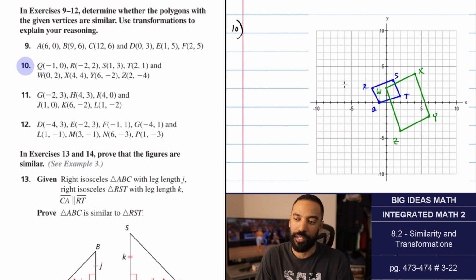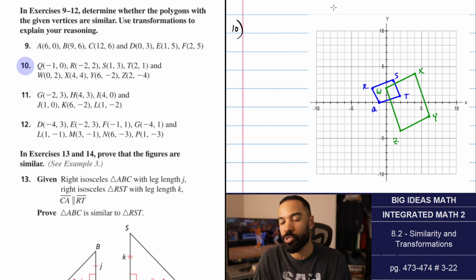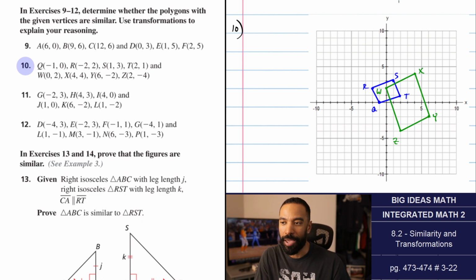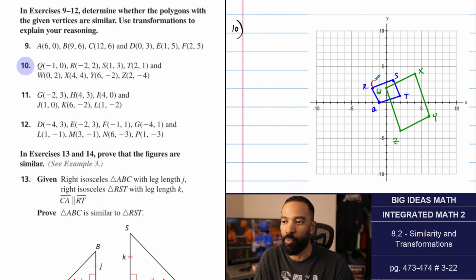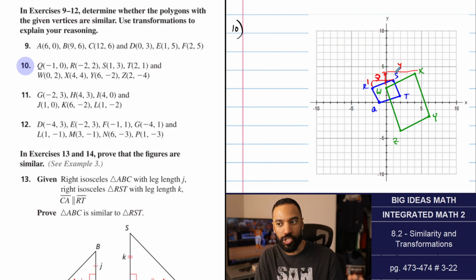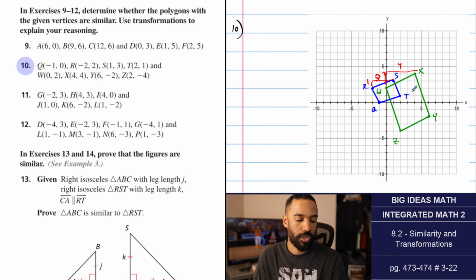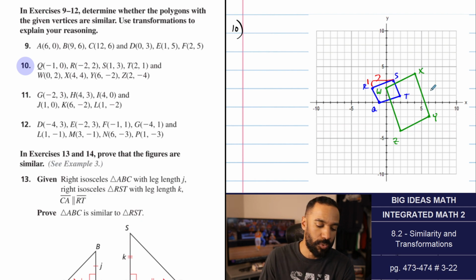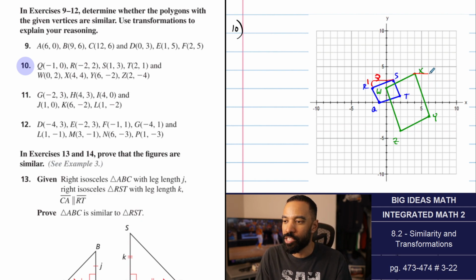When I'm looking at these, I need to figure out what would correspond. When I look at lengths and comparisons, I look at things like a slope, right? From R to S is up 1 over 3, up 1 over 3. From W to X is up 2 over 4. So up 2 over 4, that doesn't correspond. This is a slope of 1/3. That's a slope of 2/4, which is 1/2. Those don't correspond. But when I look at X and Y, from X to Y is right 2, down 6,